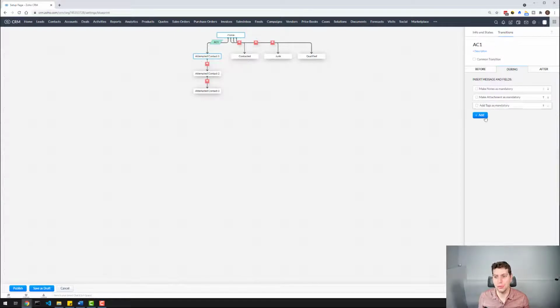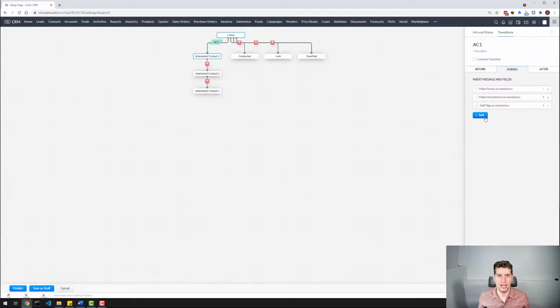We can add in a few more other things over here. This allows you to, let's say, if you are contacting someone, you get a hold of them, you have a phone conversation, you say attempted contact, or at this point, let's say you've contacted them, you then also have to record a note to say that, yes, I've talked to this person, this is what happened, this is when it happened. You can make sure that your team follows the proper procedures without having to enforce it in some other way. They just have to do it.